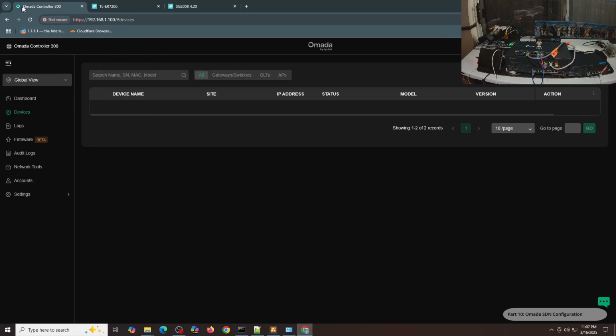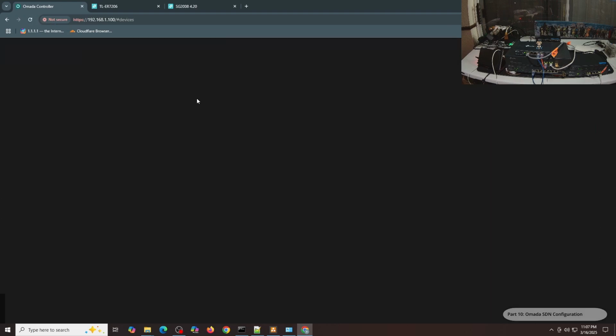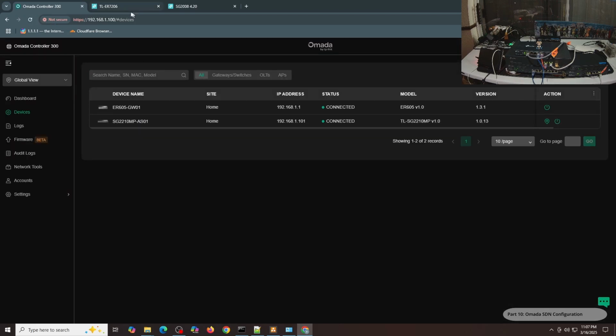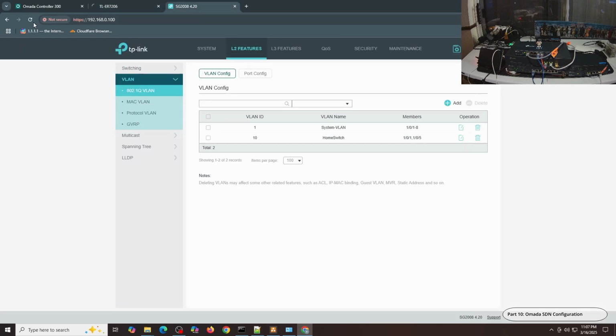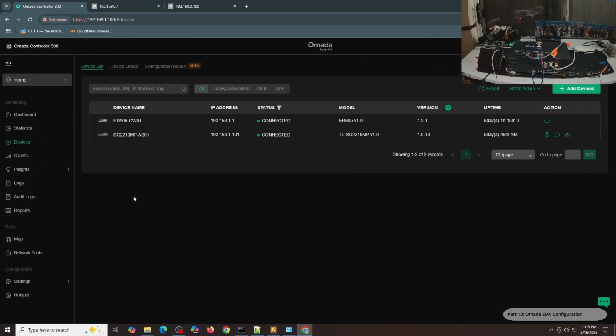And let's see if I can refresh this. I can. And this one, I should be disconnected now, and they will not load anymore. This UI alone is already a big advantage over the traditional way of configuring network devices because you can see